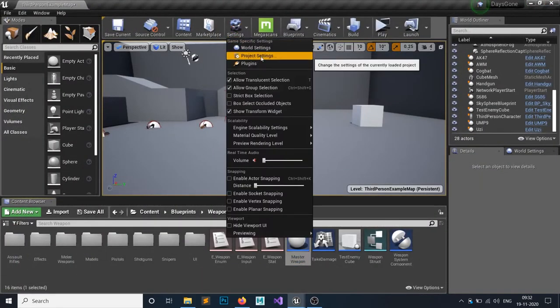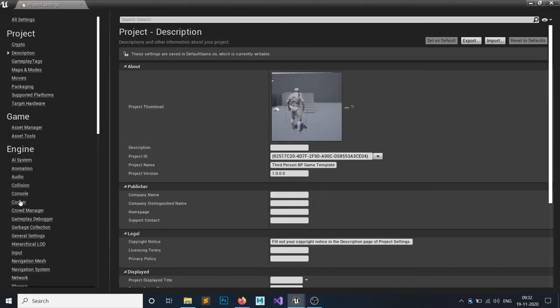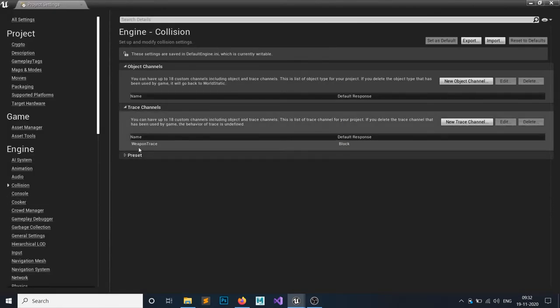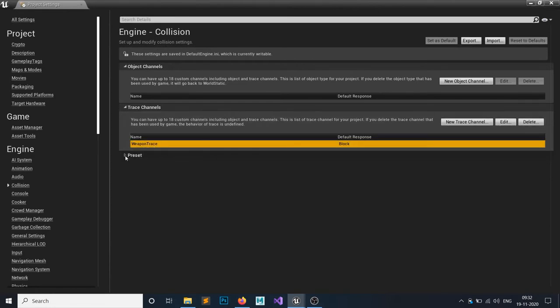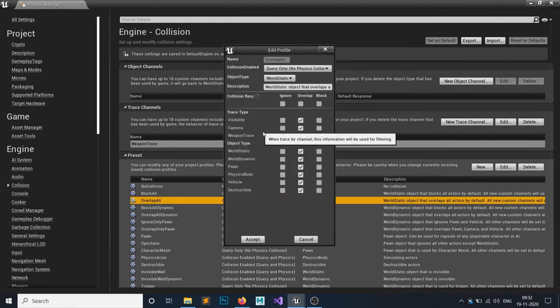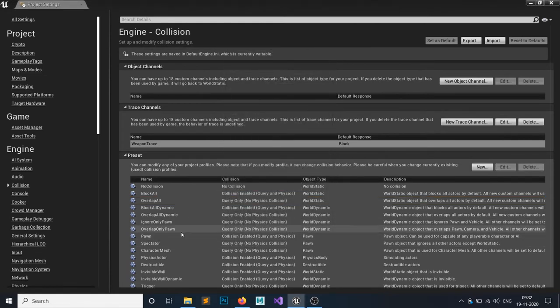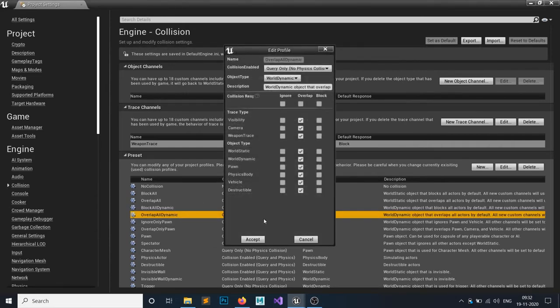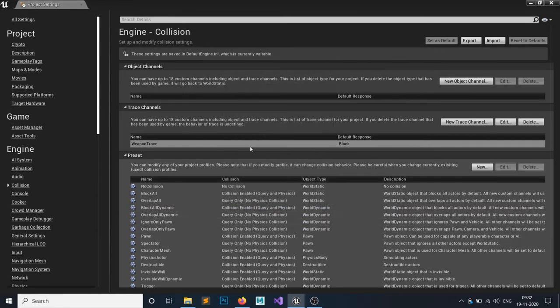So I will go to the settings. In the project settings, in the collisions, as you can see, we have made that weapon trace channel and I have set it to block. But let's say for overlap all, if you double click, I don't want this to block my weapon trace in the overlapping. So I will simply set it to overlap or ignore, whatever, you just don't block it in the overlap. Same way with overlap all dynamic. So yes, hit accept and I will simply close,